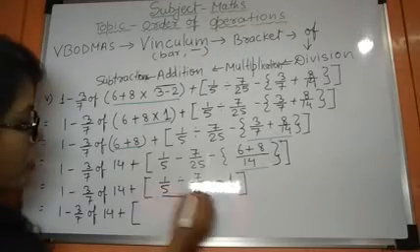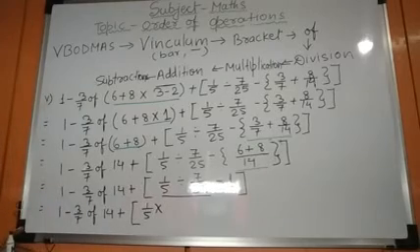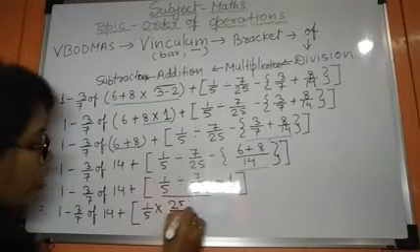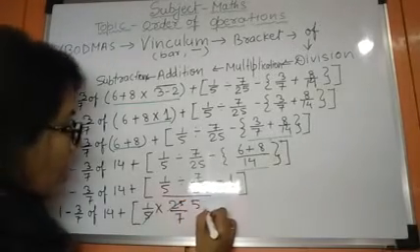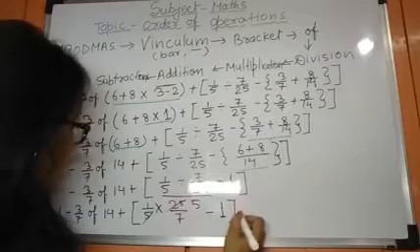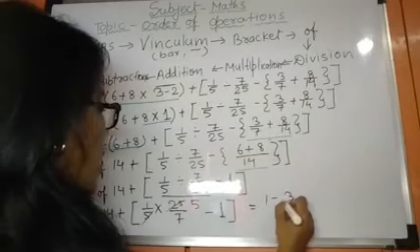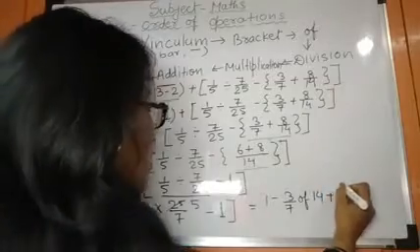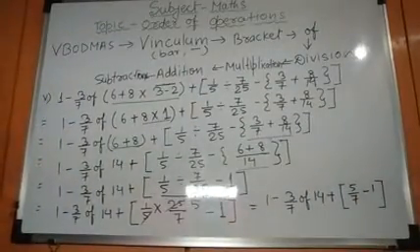Now this division work will be there. So 1 upon 5 division will become multiplication, and then we take the reciprocal of this, that means 25 upon 7. So 5 5s are 25, and minus 1 will be as it is. So now what will you get? 1 minus 3 upon 7 of 14 plus 5 upon 7 minus 1. Fine. 5 upon 7 minus 1.